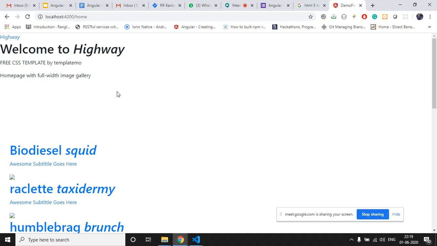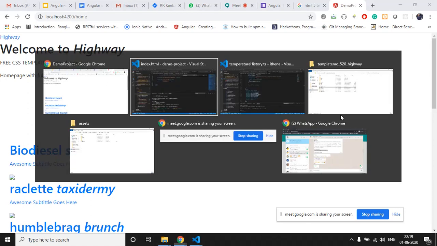So we have to import all those CSS and JavaScript files into our angular.json file, so that Angular will know to apply those styles on this page, so that it will be visible in its original format that we have seen in the preview of this template.